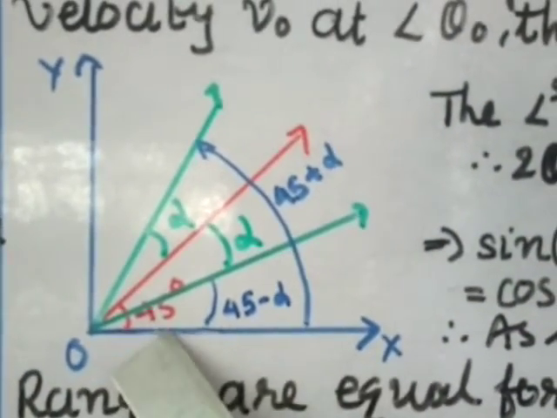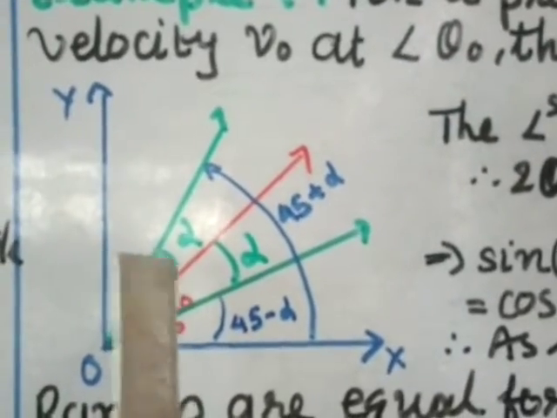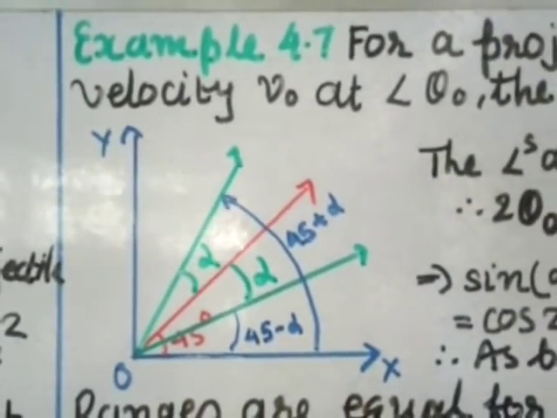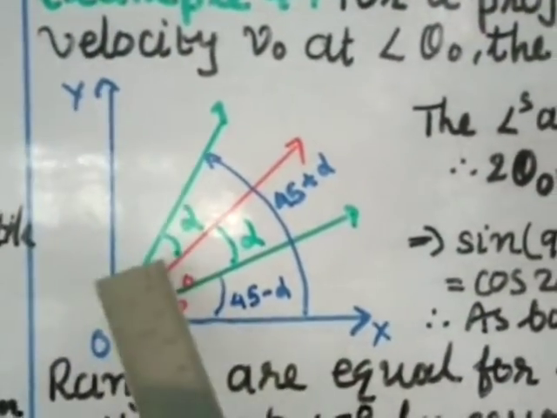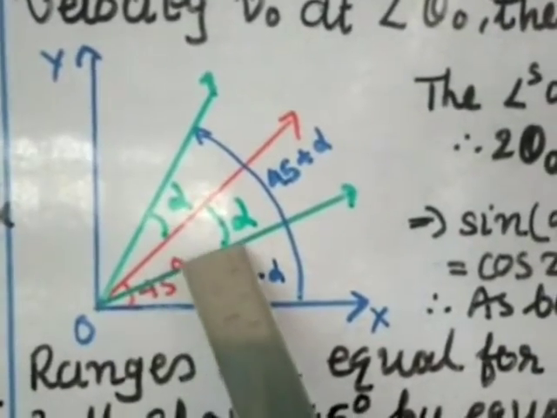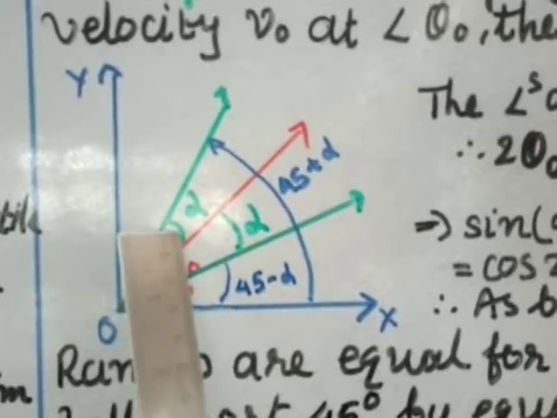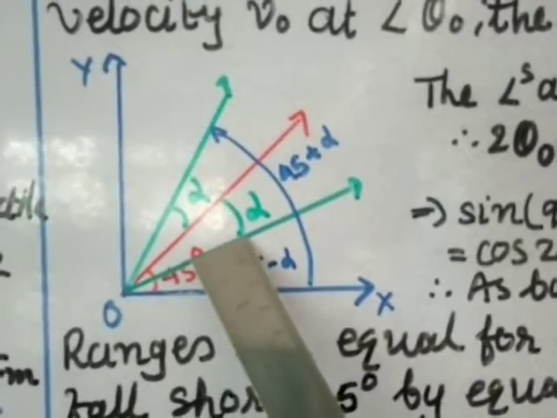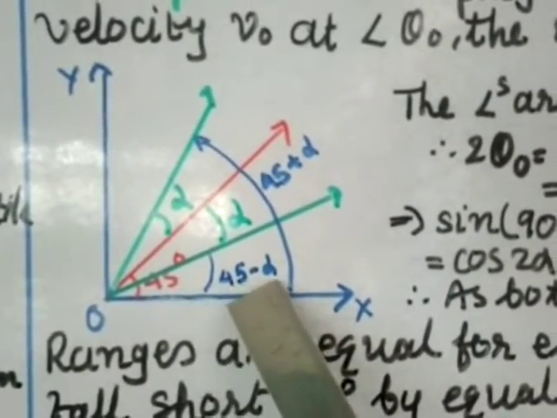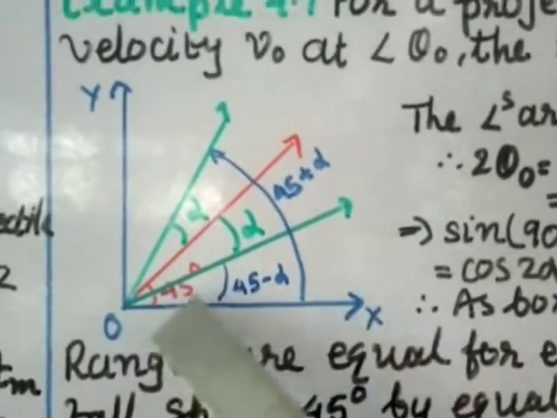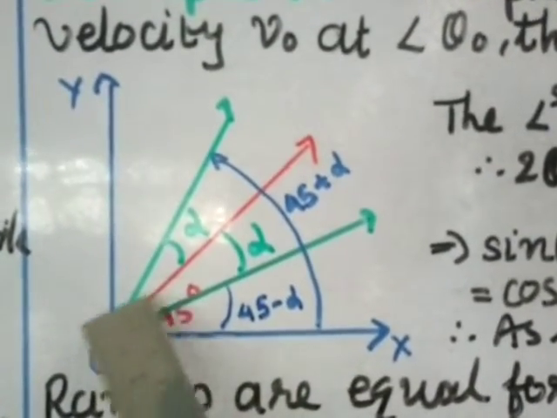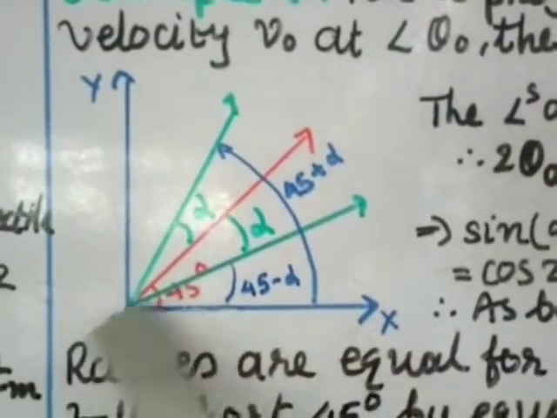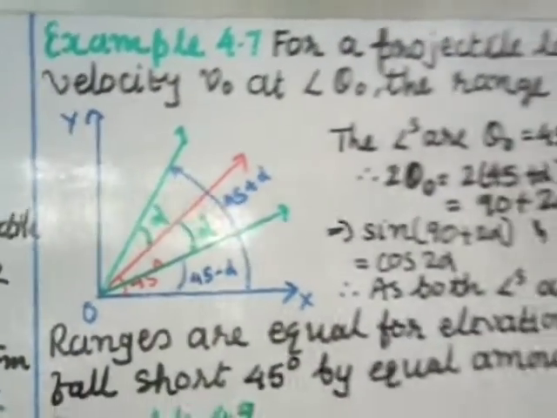Now what Galileo said is that if you are exceeding 45 and falling below 45 by an equal amount, then the horizontal range is equal. So if I take this as 45 and the equal amount falling down is alpha and exceeding is also alpha, then from here to here it is 45 minus alpha. And if you are projecting an object at 45 plus alpha, so for this angle it is 45 plus alpha. So at this angle or at this angle the range will be the same.